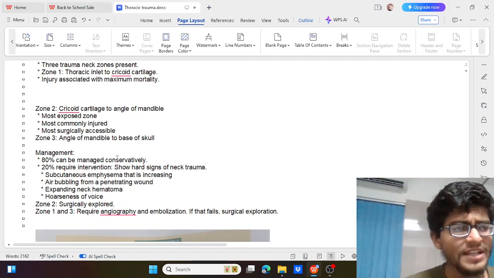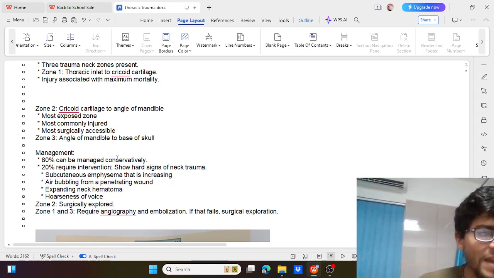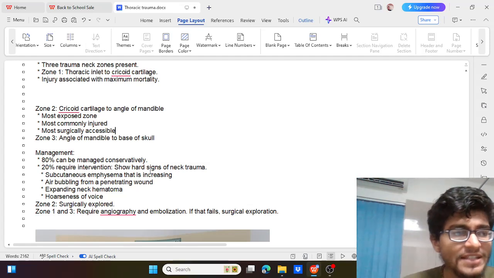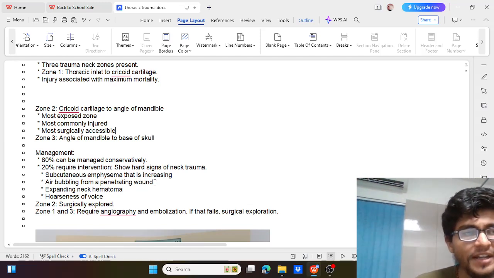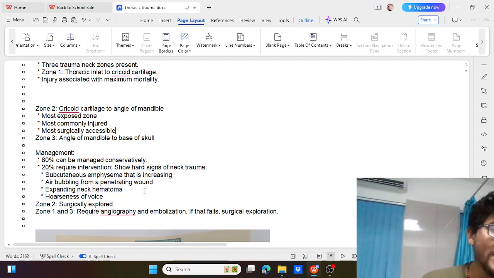And most of these injuries, if it is not bleeding continuously, then can be managed conservatively. In 20% case, we need intervention. So what are the some signs? That is expanding neck hematoma, hoarseness of voice, change in voice, air bubbling from the penetrating wound, that means there is connection to the respiratory passage, and increasing subcutaneous emphysema. So this subcutaneous emphysema, the crepitus is increasing over time due to connection from the airway passage, that is the respiratory passage, causing